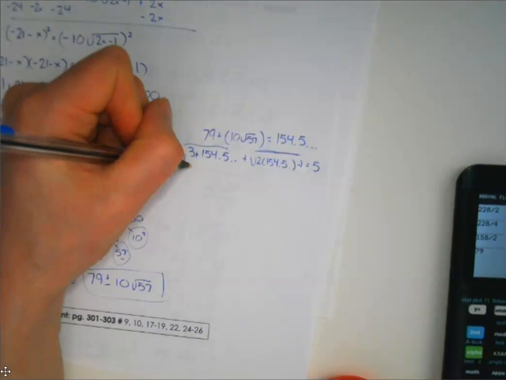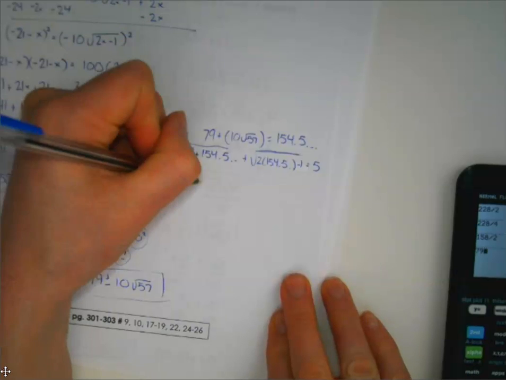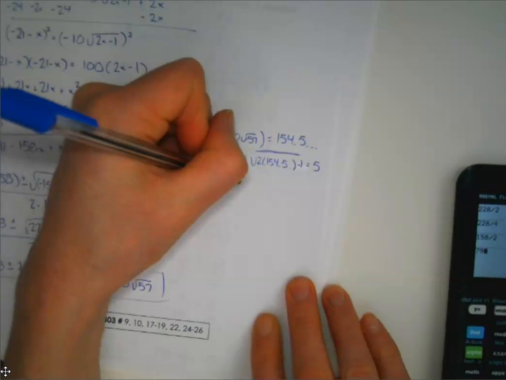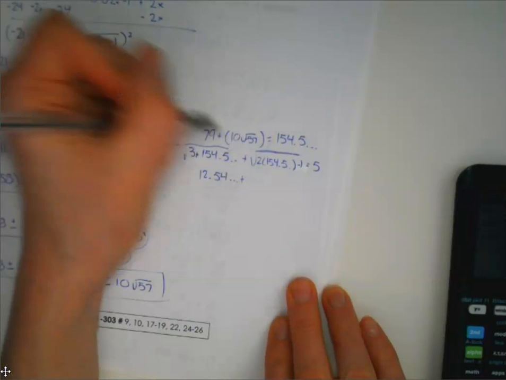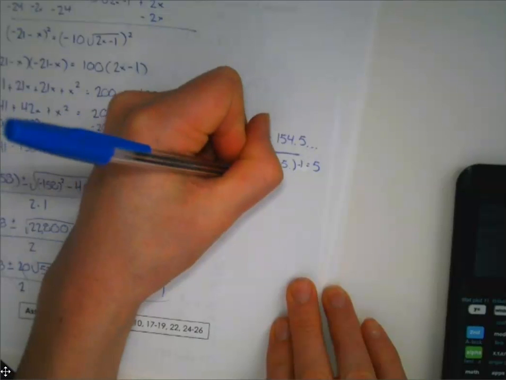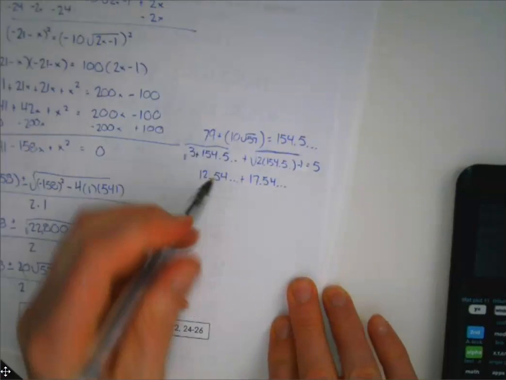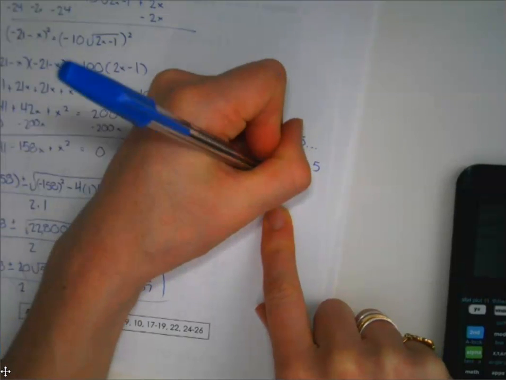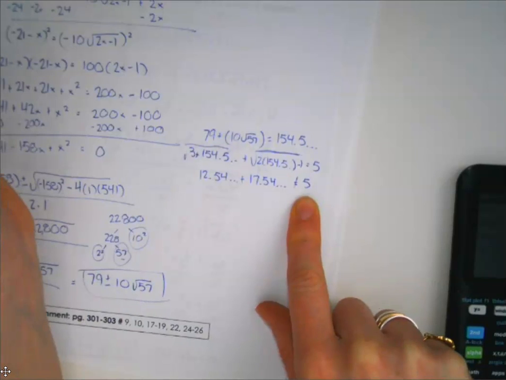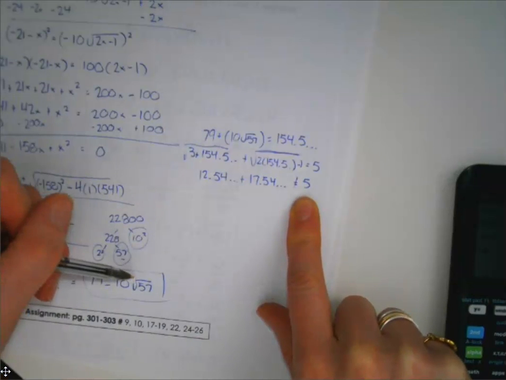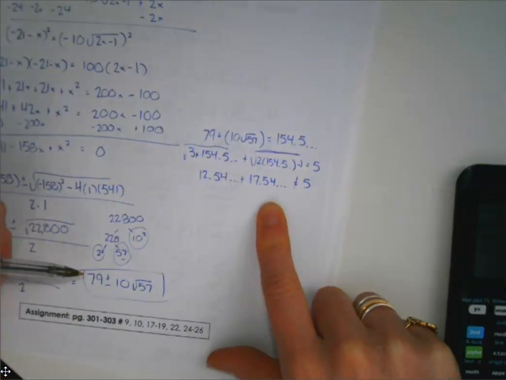So let's see, what does that give us? Root of this gives us 12.54 something plus root of this gives us 17.54 something. And so you can see 12 plus 17 is obviously not going to be equal to 5. And so the 79 plus 10 root 57 is not a valid expression for this